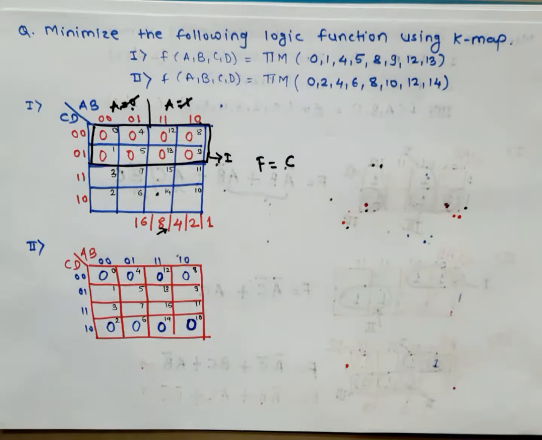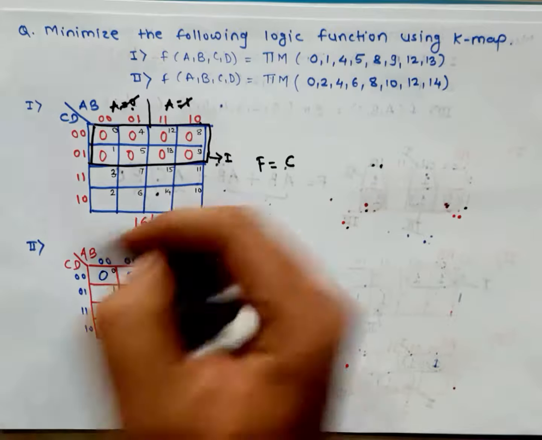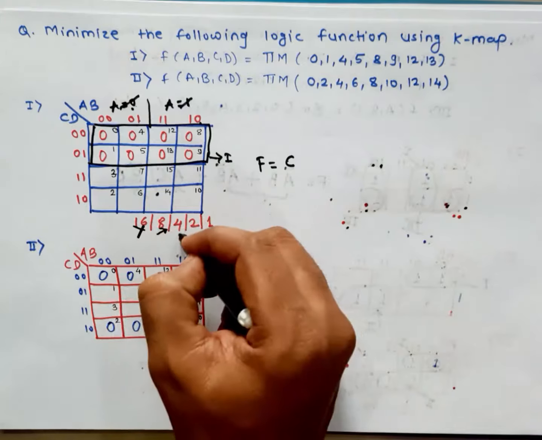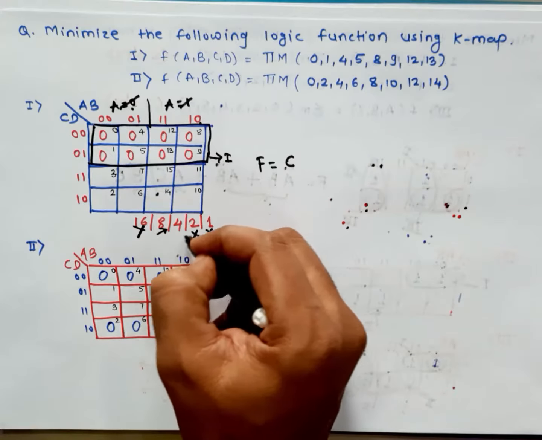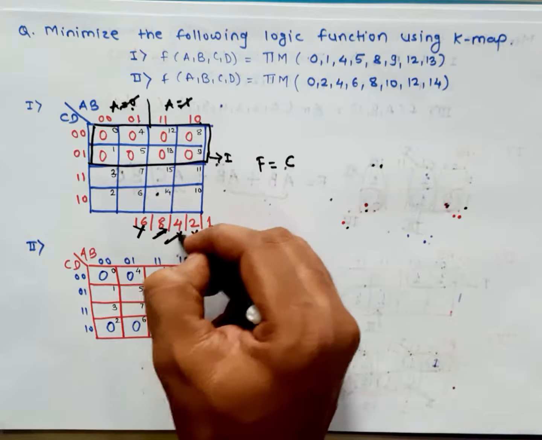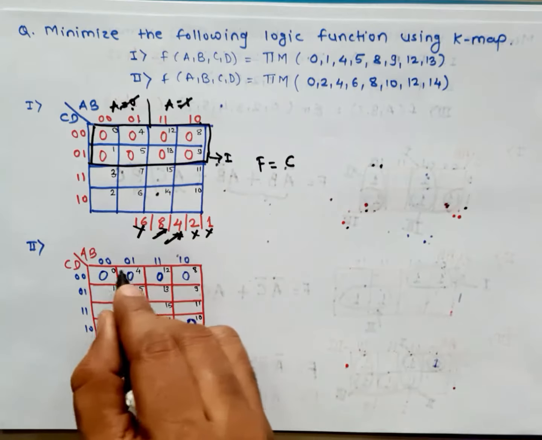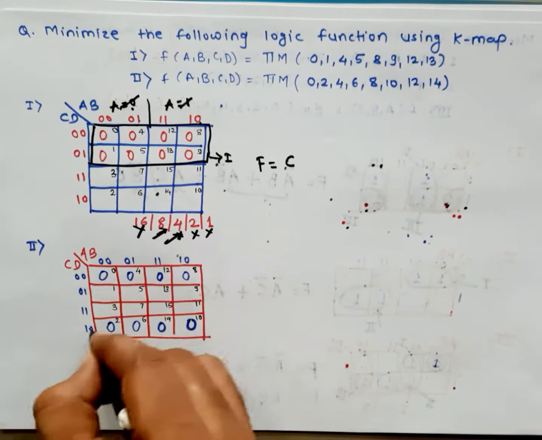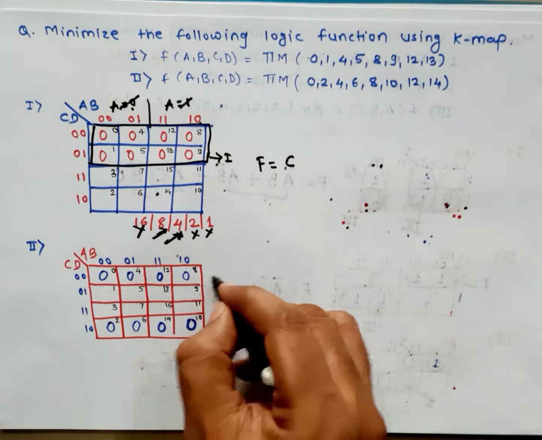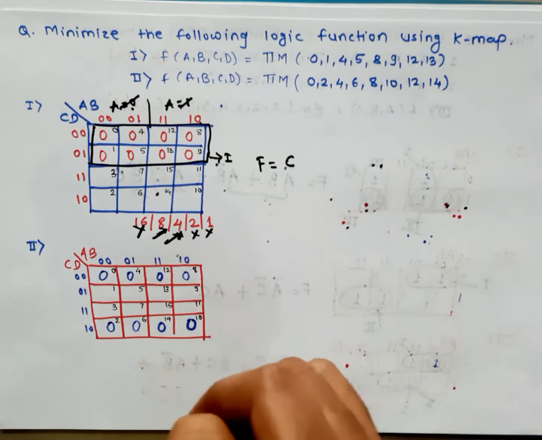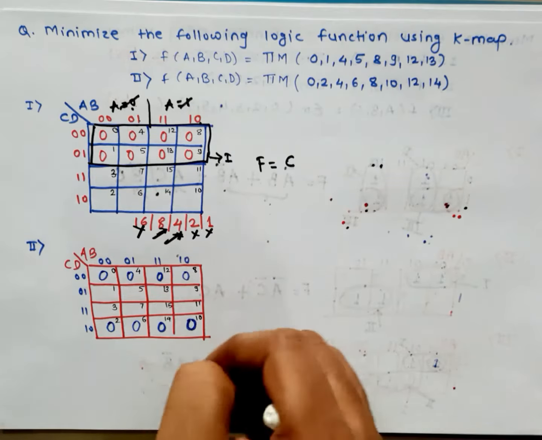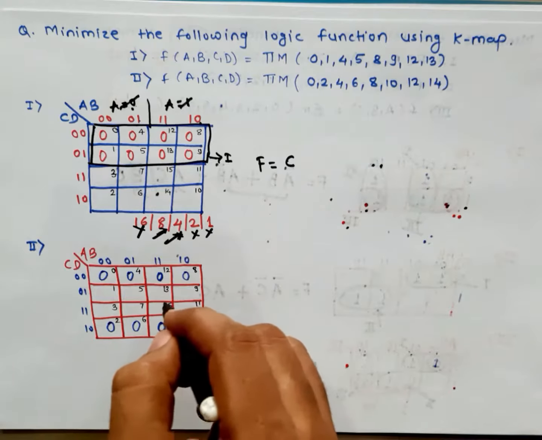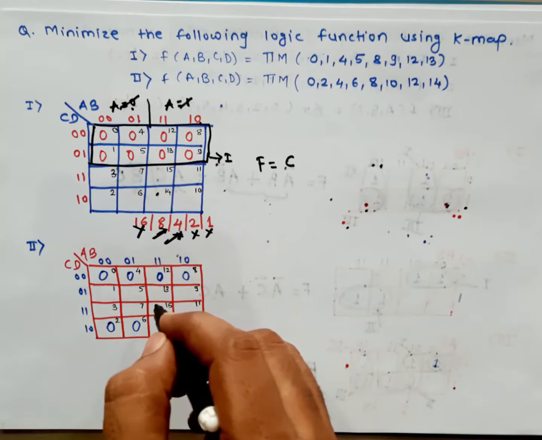Now here out of 16 cells, only 8 cells are having a 0 value. So we cannot make a group of 16 cells. Is it from this example you can say that this is a group? Easily you can make a group of these 4 cells and a group of 4 cells. So here you will get one group, here you will get a second group, but this is wrong, because in this example you require only one group.